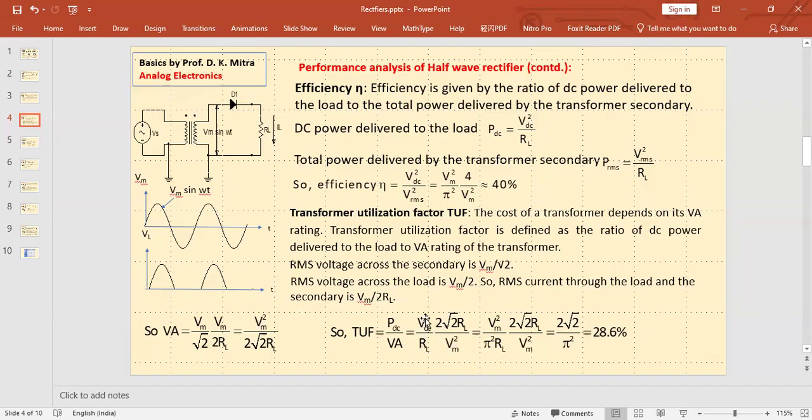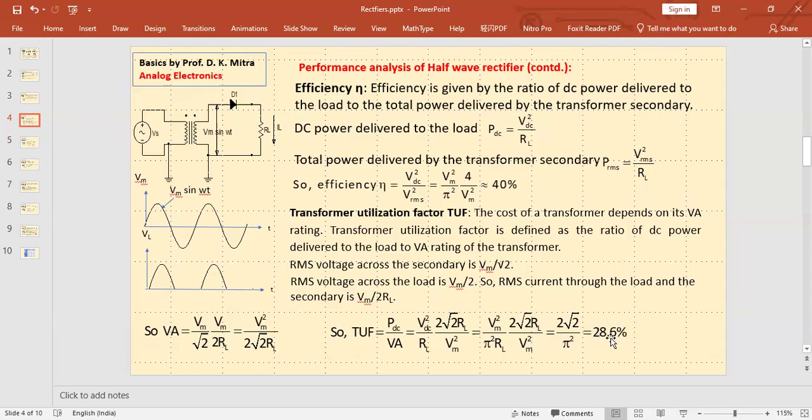And the VDC value we got earlier is Vm by pi. If you put all these values, VDC square is Vm square by pi square. This RL is here, and this 2 root 2 RL is here, and Vm square is here. If you calculate this, Vm square gets cancelled, and finally RL and RL get cancelled. What we have is 2 root 2 by pi square,